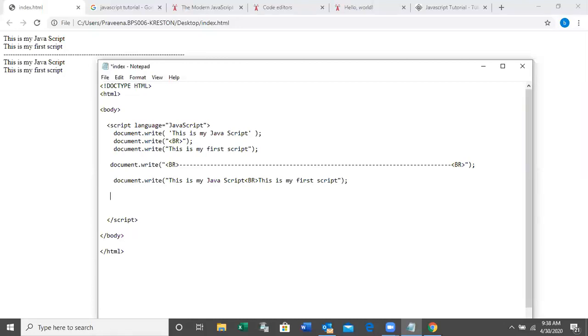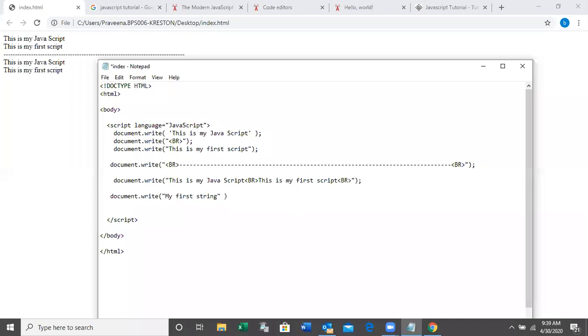See here, document dot write. First of all, I'm going to write my first string. Say my first string, my first string, right?